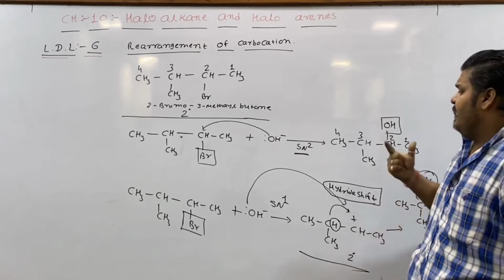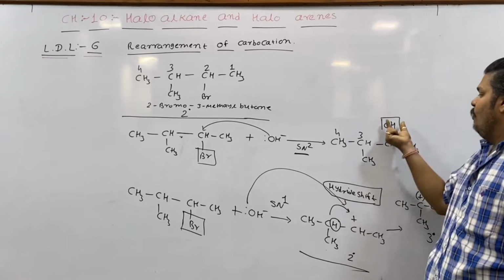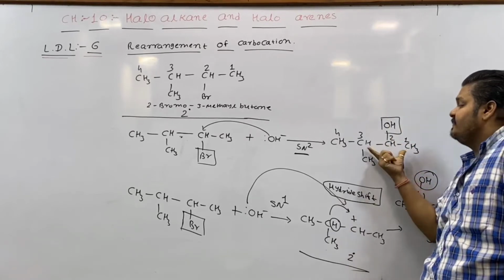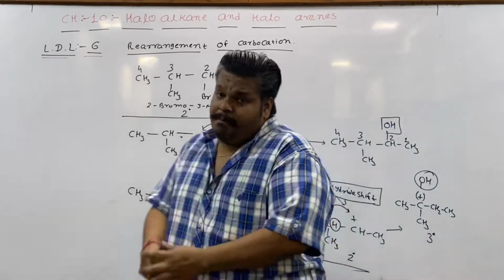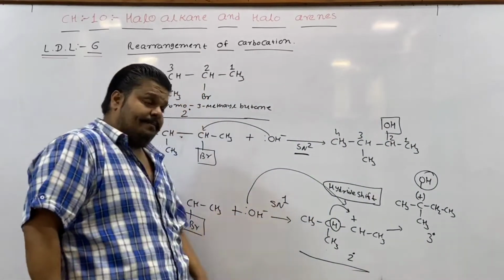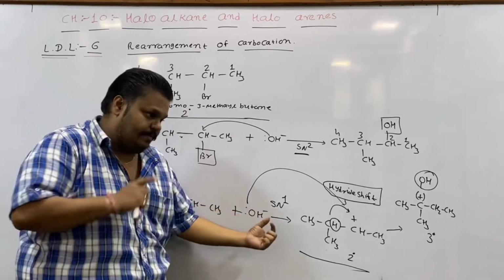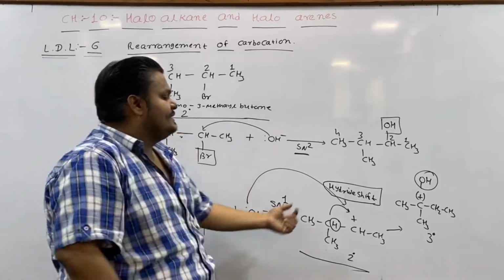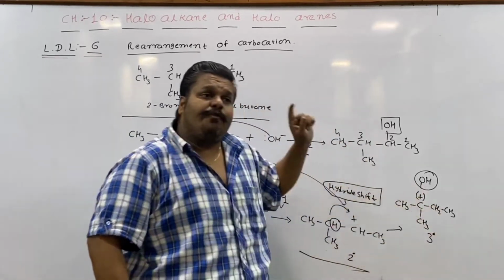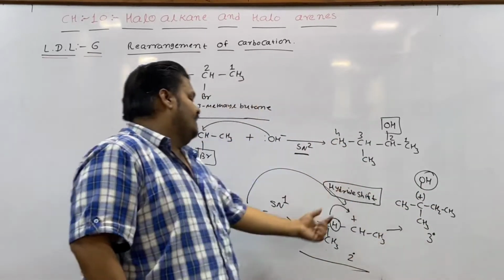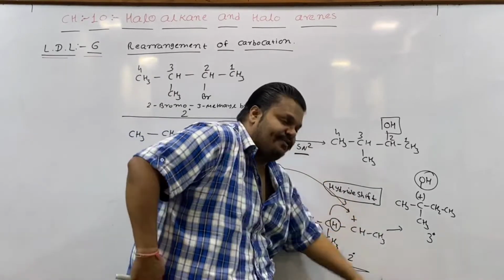The reason is when we follow the SN2 mechanism, we'll get a secondary alcohol, an OH group associated with a carbon that combines with two other carbon atoms, that's why it's called a secondary alcohol. But by following the SN1 mechanism, for the same compound, instead of a secondary alcohol, the major product is a tertiary alcohol. And what is the reason behind it? The reason is rearrangement of carbocation due to hydride shift.